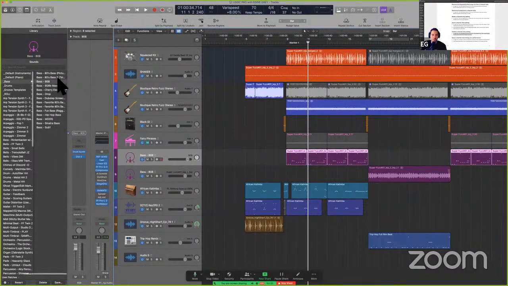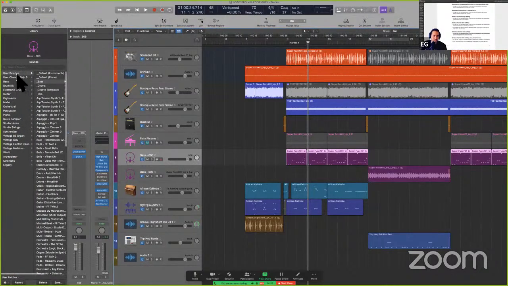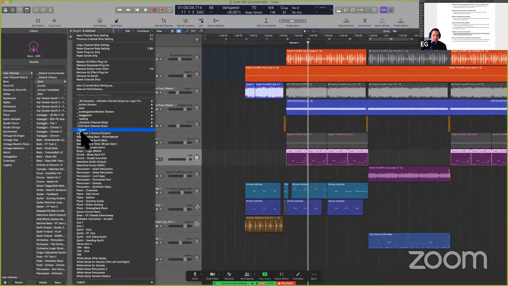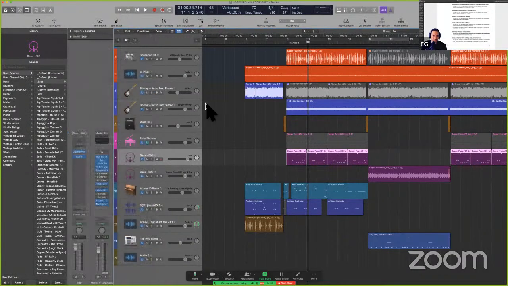So what we're looking at in the library is just where this instrument is, but that doesn't mean that I've saved it as a channel strip, right? If I go back, you can see, well, wait a minute, this is a patch though. Oh, okay, see, that's where the disconnect is. So I've saved this instrument, but it's not a channel strip, it's a patch. And that's where all this glue and griminess comes in terms of understanding,